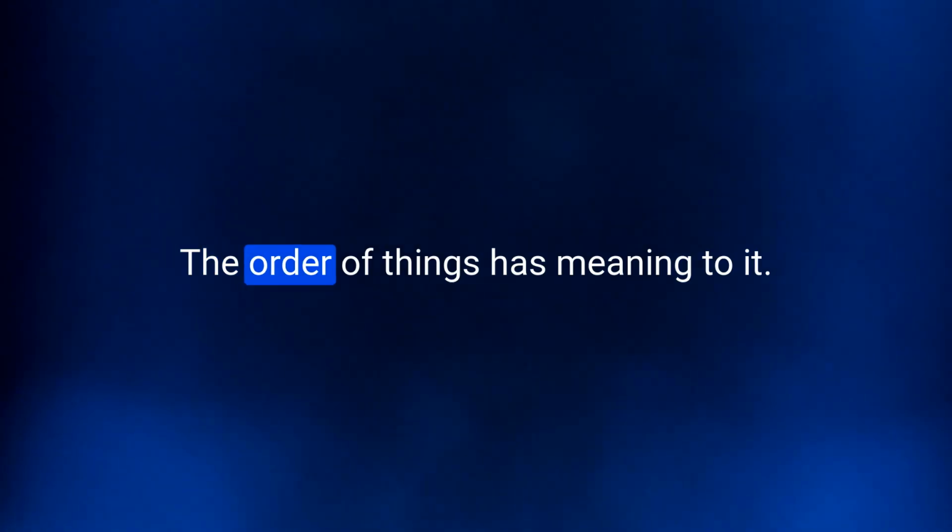Well, in an objective narrative framework, the order of things has meaning to it because the relationship between those items has a meaning to it. So when something happens here in the beginning and then this next thing happens here, that process of moving from one to the other carries with it the message that the author is trying to get across. So you can't just shift them willy-nilly and just assume, okay, that works, that's fine. Because then you're breaking the narrative.